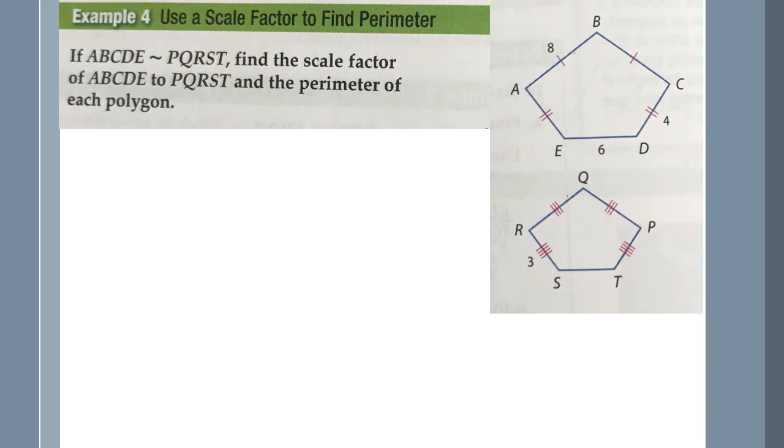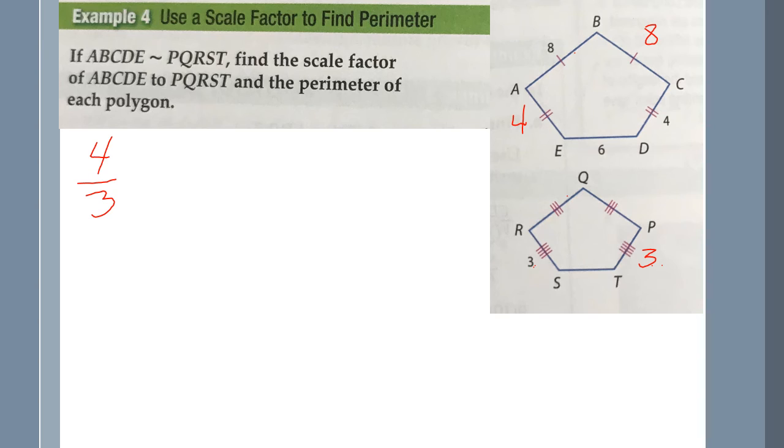That's not going to help, right? So we know this is 8, this is 4 by the markings. If this is 3, this is 3. So we know that 3 and 4 match up, so 4 over 3. So the scale factor is 4 over 3, because those are the ones that match up,